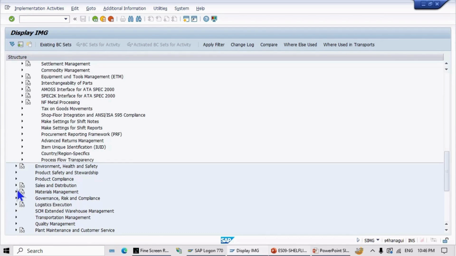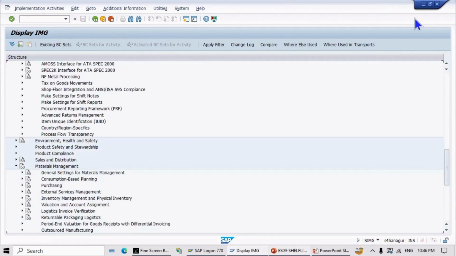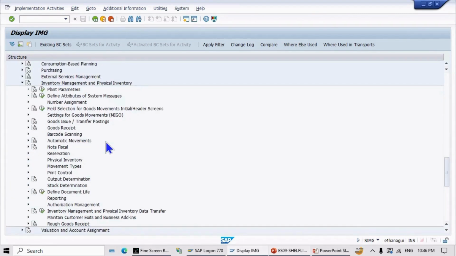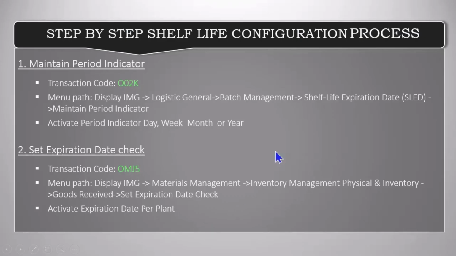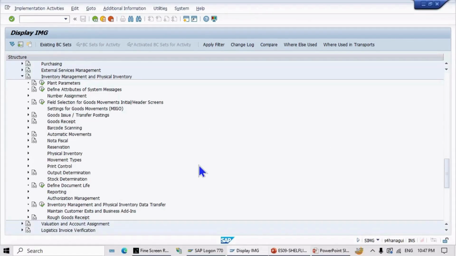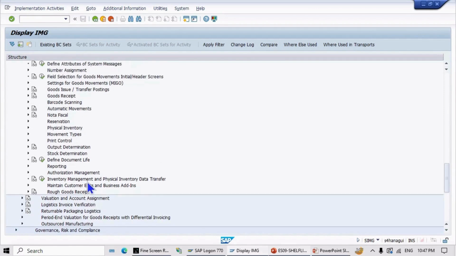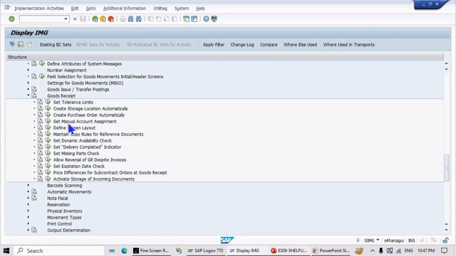Expand this node. Look out for Inventory and Physical Inventory. Expand this node. Then Inventory, Physical Inventory, Goods Received, Set Expiration Date. Goods Received. Where is GR? Here it is. Expand this node. Go down, set